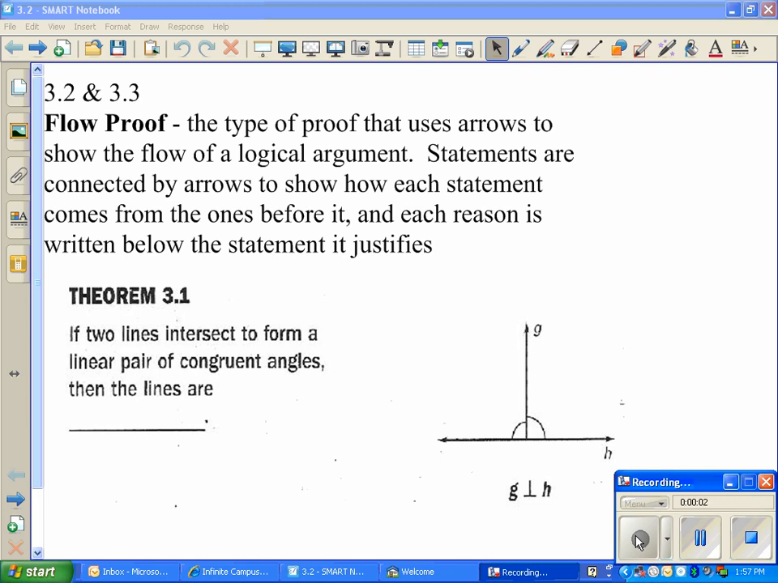Flow proof, the type of proof that uses arrows to show the flow of a logical argument. Statements are connected by arrows to show how each statement comes from one before it. All right, and each reason is written below that statement. So you may have something like,